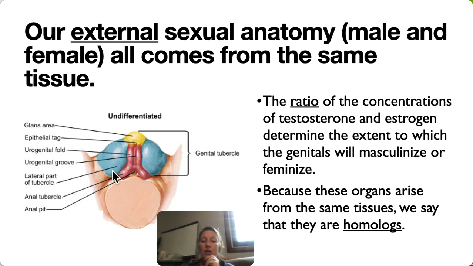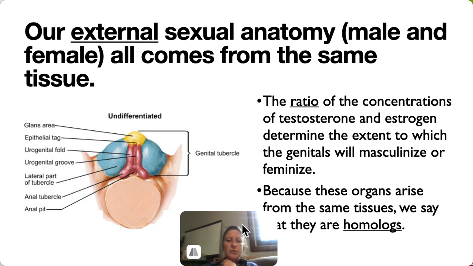So all of our genitalia start off looking like this. There are no male and female parts. These are rudimentary tissues that have the ability to develop either way. Now, before I move on to talk about how they develop, I just want to help you orient yourself to this picture. So these are the infant's or the embryo's legs going off in either direction.